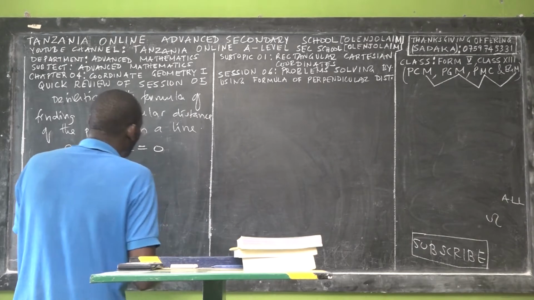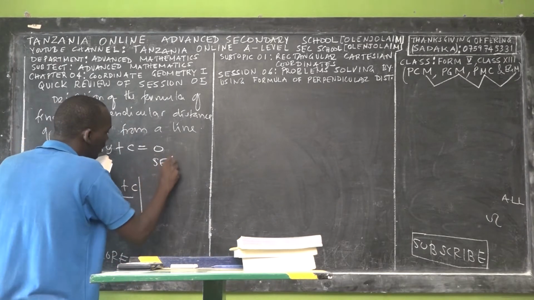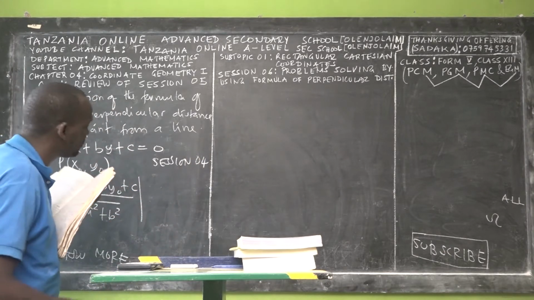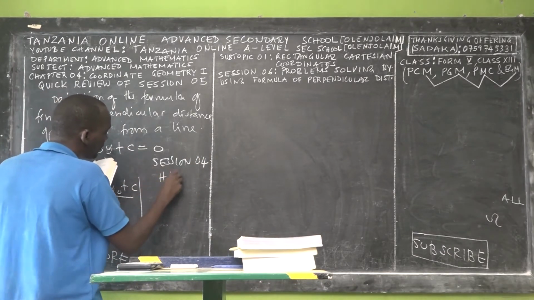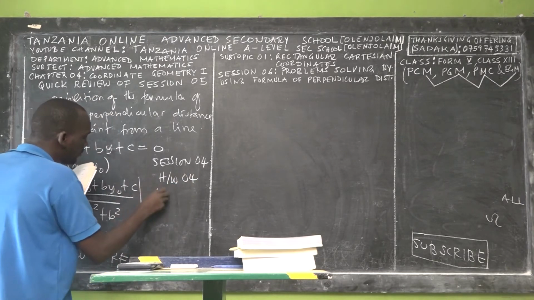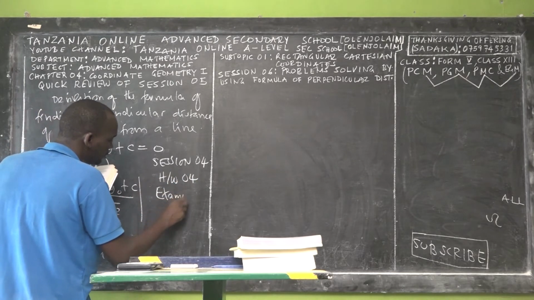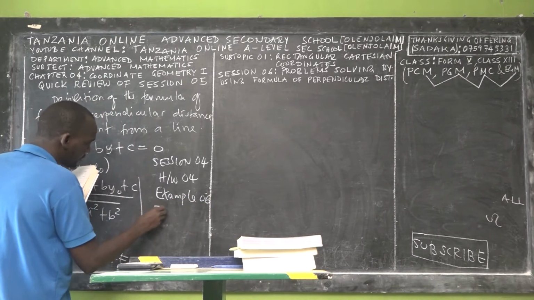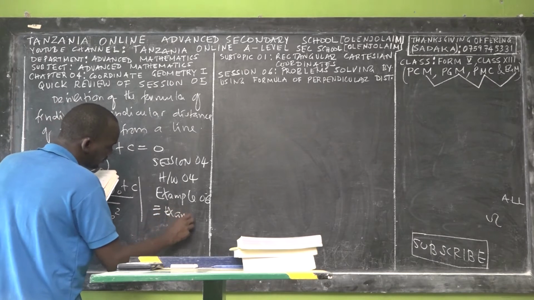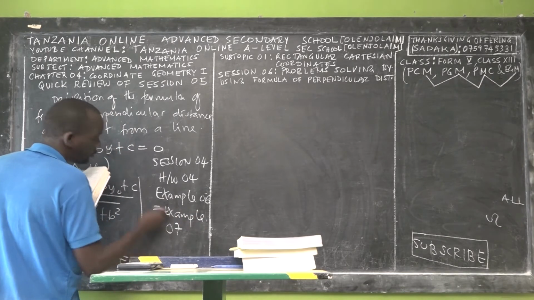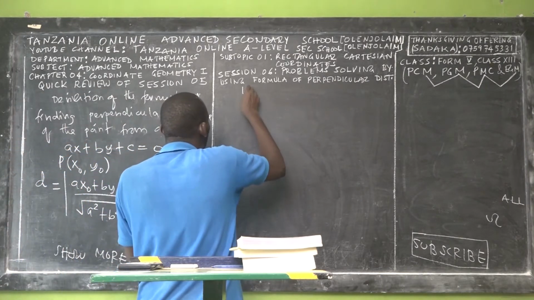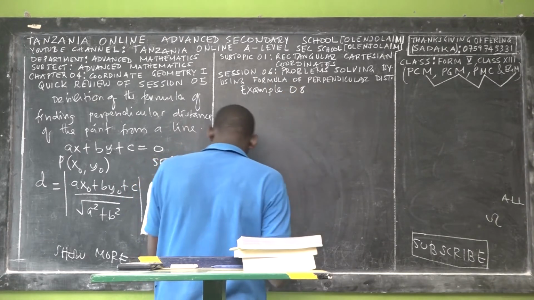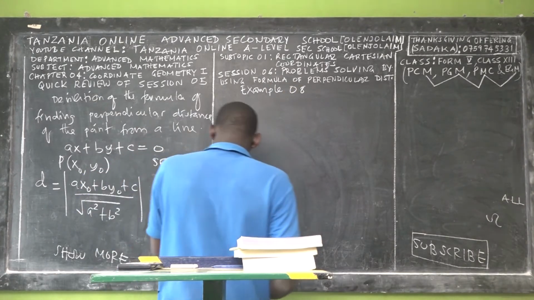So again, if you refer to session 4, where we have been solving some problems, we left the homework, which was homework 4, and unfortunately we labeled it as example 60, but that is not example 60. If you follow the sequence, this was example 7. So example 7 was a simple question. So ladies and gentlemen, today we are only going to solve problems, and then it will be the end of this part of the concept.